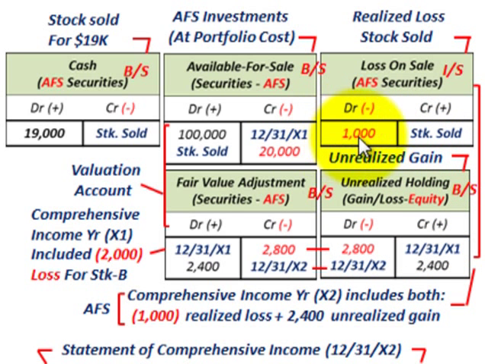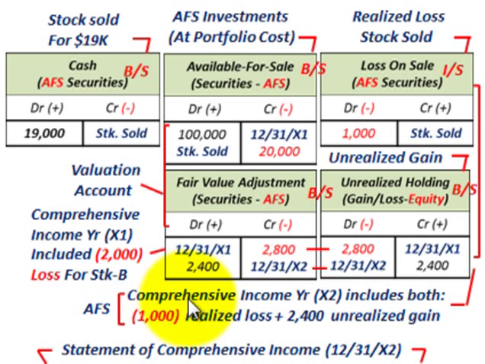Now this would be for year X2. We had that realized loss here going to our income statement, and that would be going directly to our net income here. We'd reduce that here by $1,000, or that was the loss here. And then we're dealing with an unrealized holding gain here in this case of $2,400. That doesn't go to the income statement. That's sitting here in our equity account. Okay, so we're going to go down here and look at how to record this comprehensive